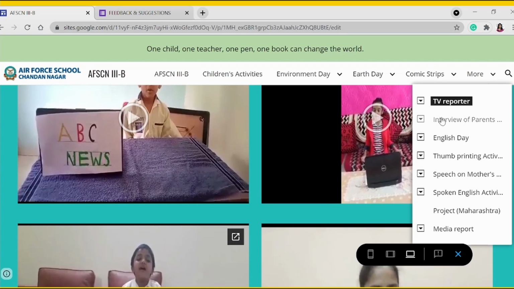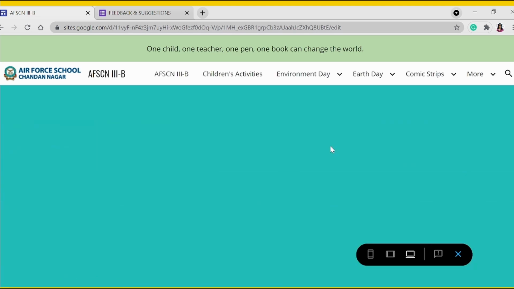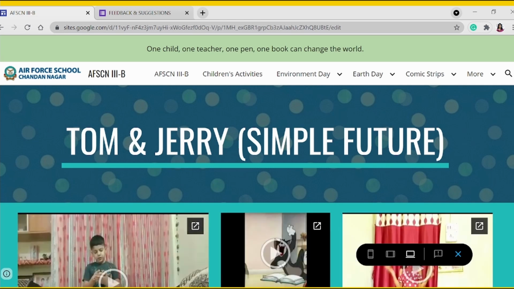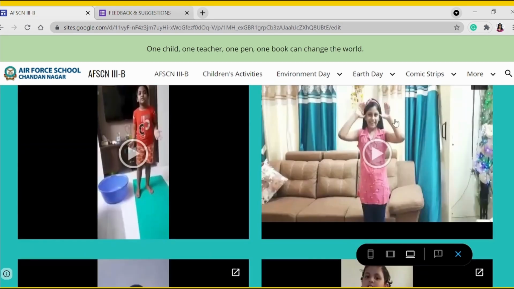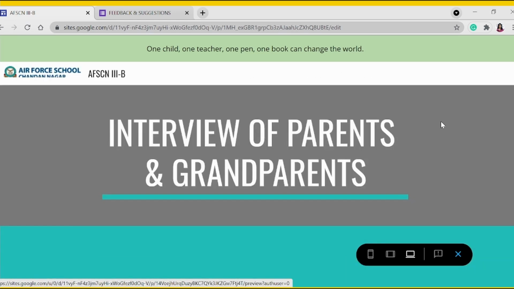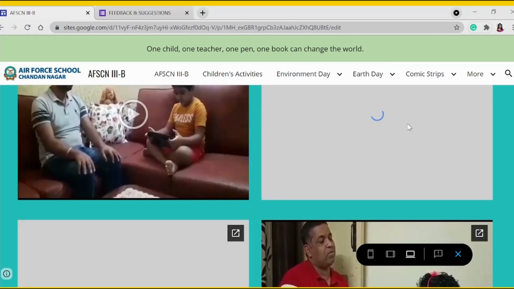Then we have many other activities like Tom and Jerry. Let's see what's this. In this, children framed sentences using simple future tenses. Then there is another activity, interview of parents and grandparents. Children enjoyed this activity.